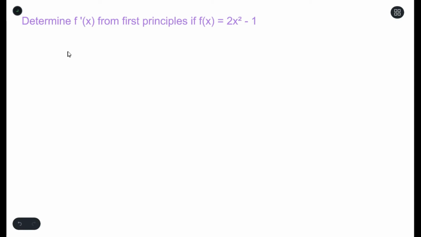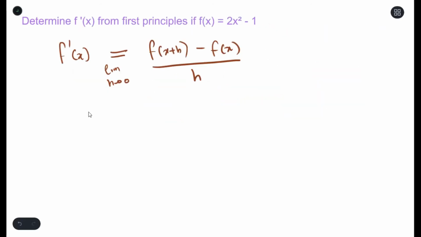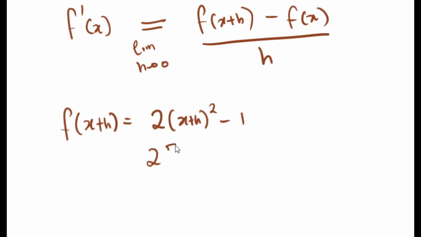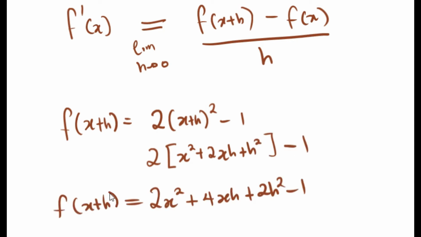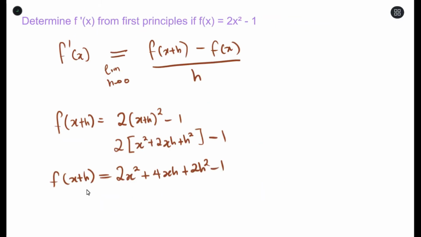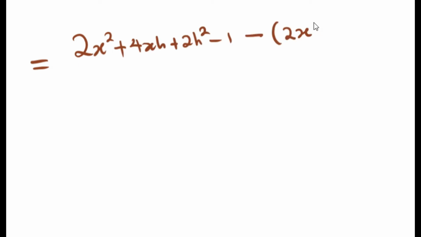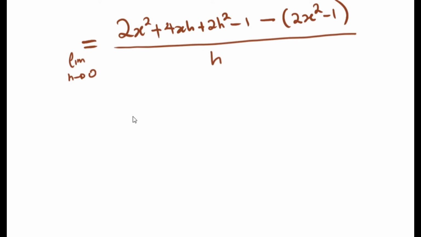So the first thing we do is the formula for first principle, and next we find what f(x plus h) is, and then we can substitute it into the first principle formula. Then we'll open the bracket and simplify, which will give us,